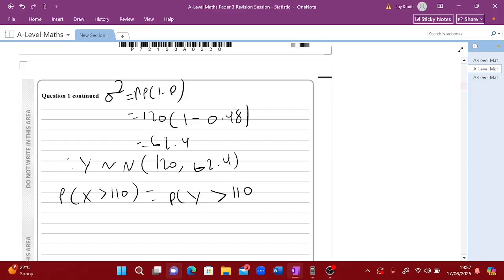However, whenever we use a normal distribution as an approximation from a binomial to a normal, because we're going from discrete data to continuous data, we need to apply a continuity correction. The whole idea behind that is because of the fact that there's discrete and continuous going on. So probability X greater than 110. Well, actually, because it's discrete, we've kind of rounded it. So we have 110 here. Then the lower bound would be 109.5, and the upper bound would be